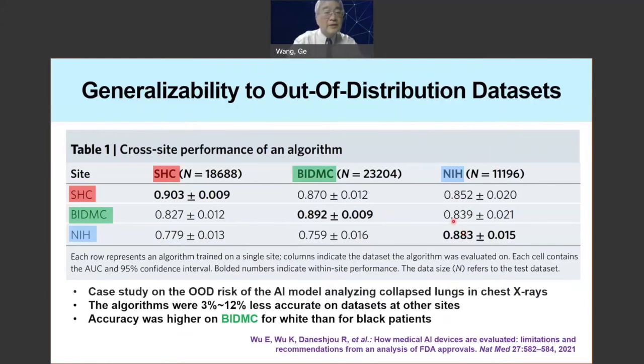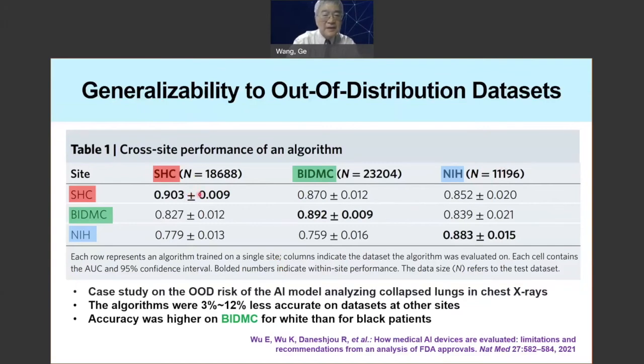we also would like to mention another very important and actually related problem, called the generalizability problem. Recently, in a Nature Medicine paper, some authors discussed how medical AI devices are evaluated by the FDA. And a potential problem was reported on the AI models for detecting collapsed lungs. The model was trained on one of these three data sets, red, green, blue. You train the model on one data set, it will perform well on the testing data set collected on the